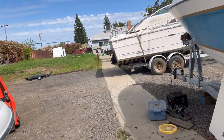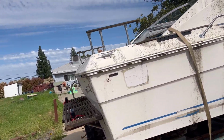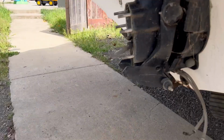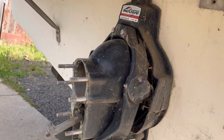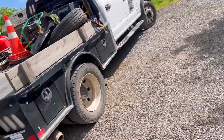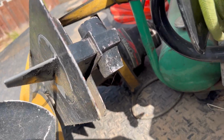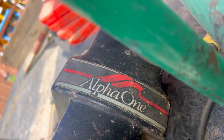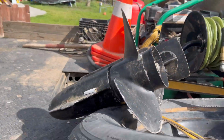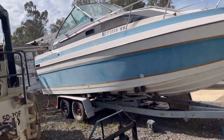The year is usually in the VIN of these boats. But this has a 260 motor, and it's got an Alpha 1 outdrive, which is a good outdrive. That one has a pre-alpha, so it's got a hook on the top of it. This is an actual Alpha 1. So these are good outdrives to have and sell. These ones are older, they're kind of crappy, but